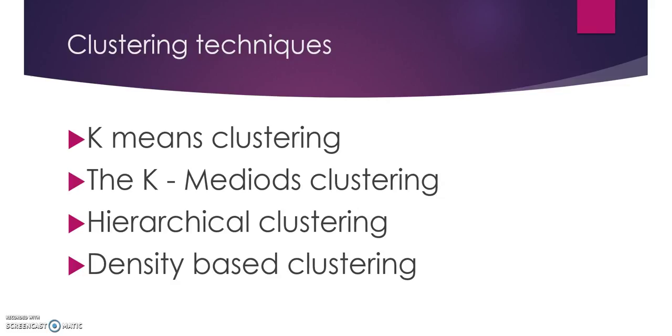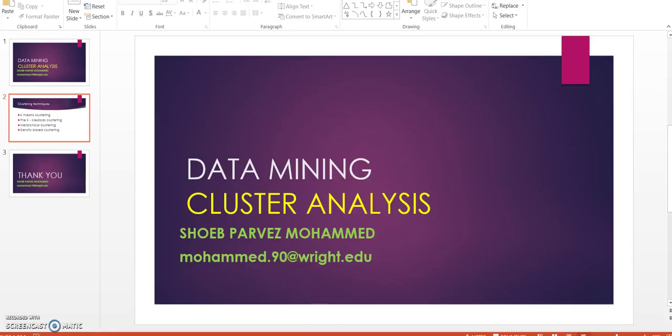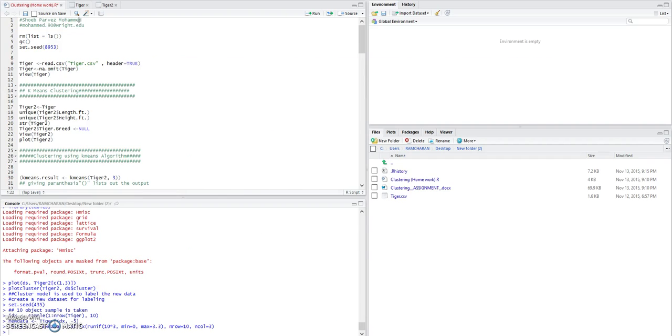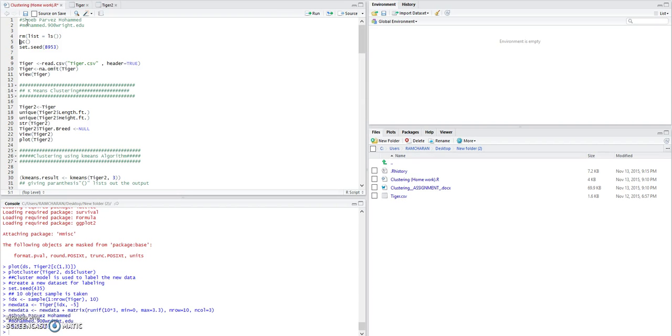The first three, that is k-means clustering, k-medoids clustering and hierarchical clustering, are used to cluster the data. Whereas the last one, density-based clustering, is usually used to create new label data by using the DBSCAN algorithm. Now coming to the R software functions, the data set for me is the